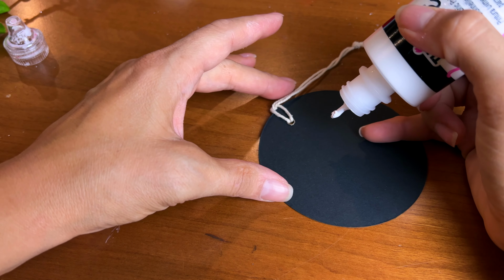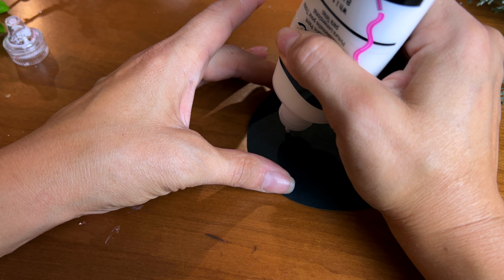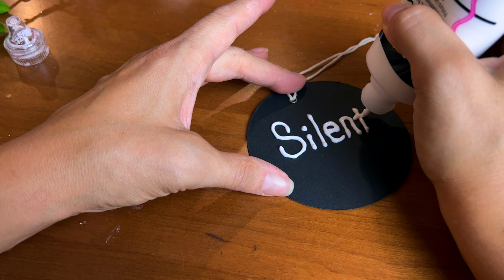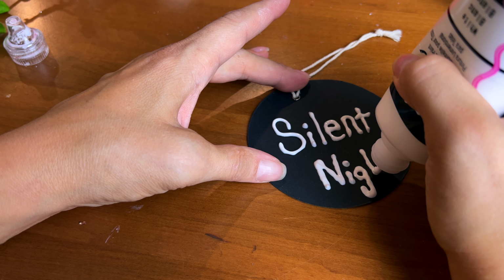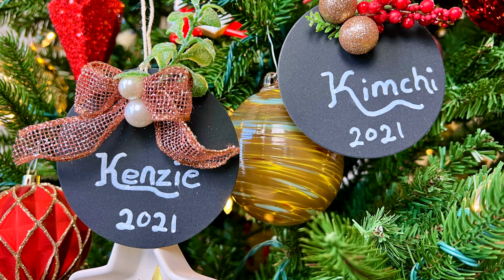For the next one, I have one of these little black paper, kind of like a little chalkboard sign. I think these came like 4 or 6 in a pack from Dollar Tree. So they are just a flat little piece of paper, really easy to customize. I did 2 of these for the dogs last year with their names and decorated them, and that was kind